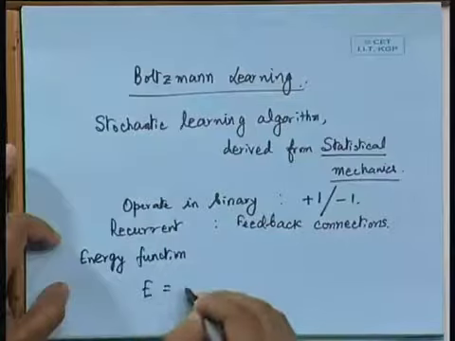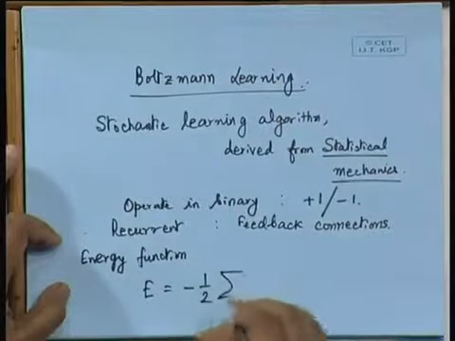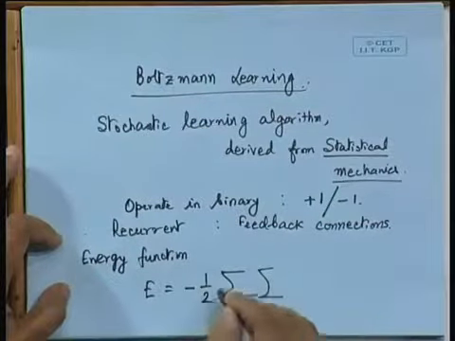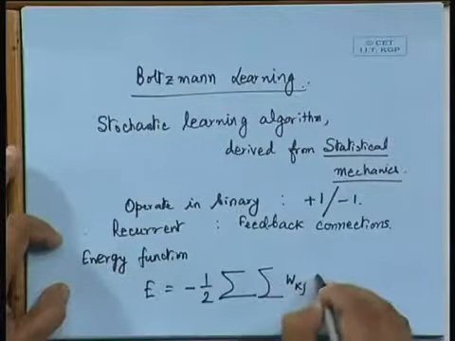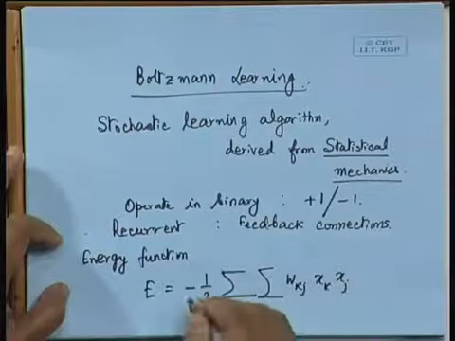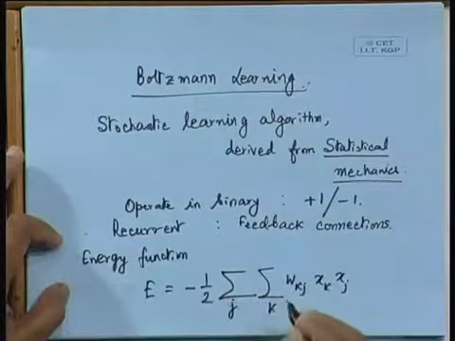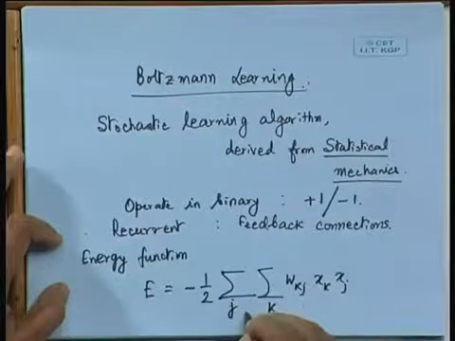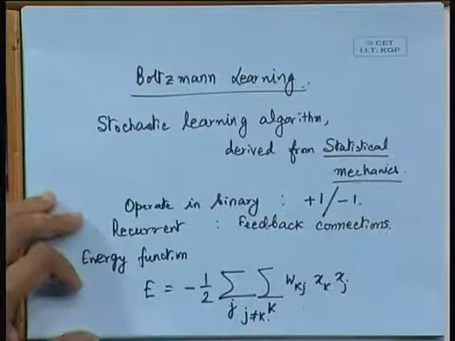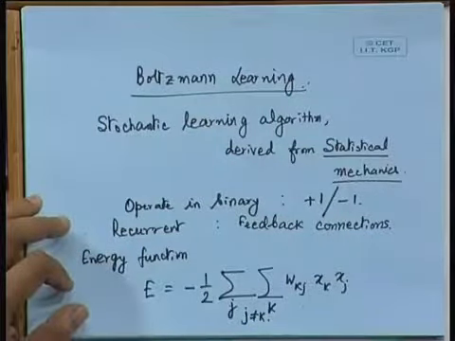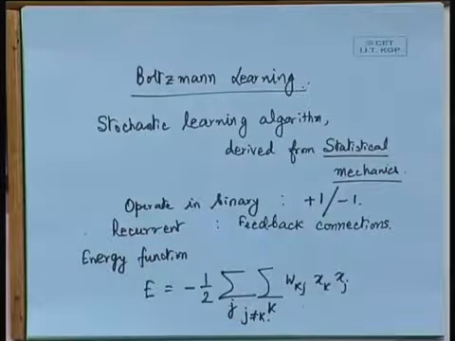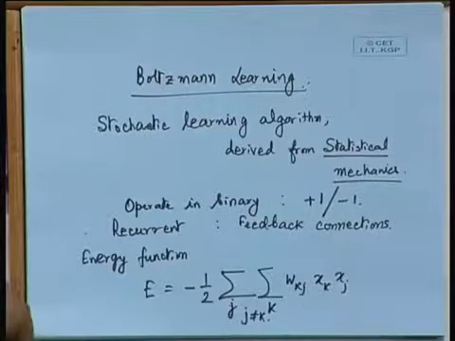So, the energy function that we are going to define for such a network is given by E equal to -1/2 summation of Wkj xk xj, by definition, and we sum it over all the j's and all the k's, but with the condition that j is not equal to k. Meaning what? That the self feedback is not considered in the energy expression. So, we are not considering any Wkk term or Wjj term.